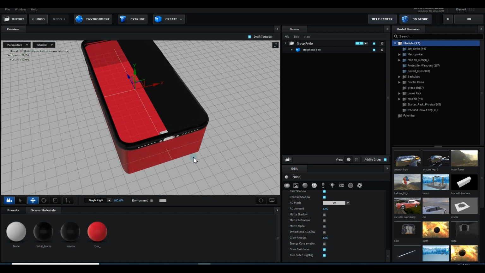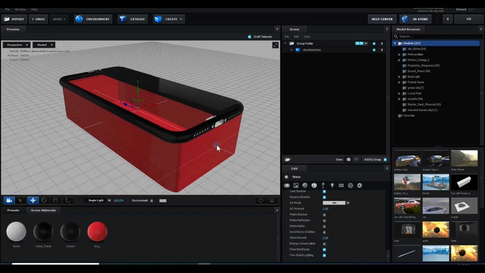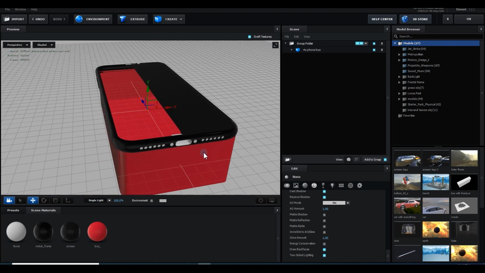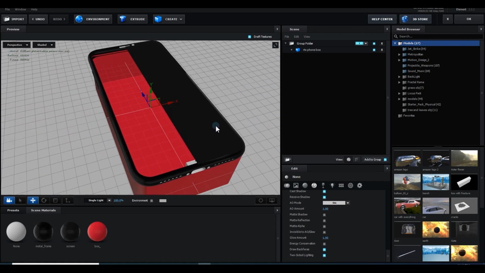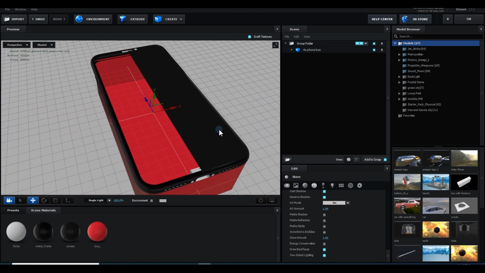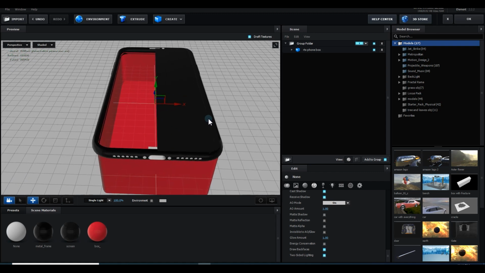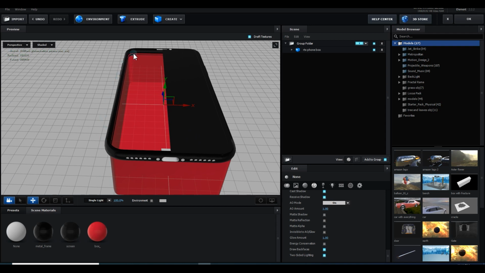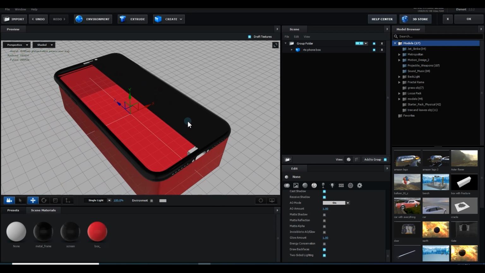And let me show you what I did with this phone and why I created this box. When you download the iPhone, go inside any 3D program, deselect everything and apply a separate material for the whole frame and a second separate material for the screen. Then divide your screen into two parts and delete the first one. Inside Element 3D we will just symmetry this first screen and it will open and close like a door.